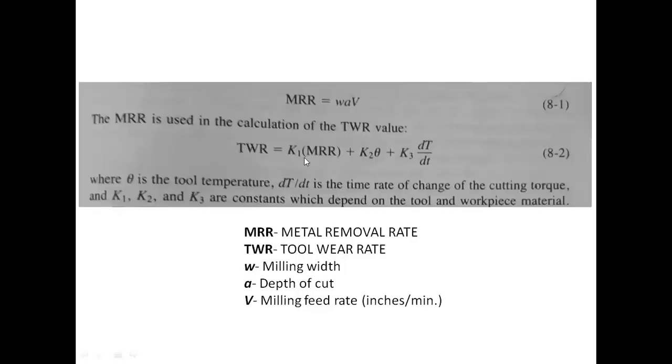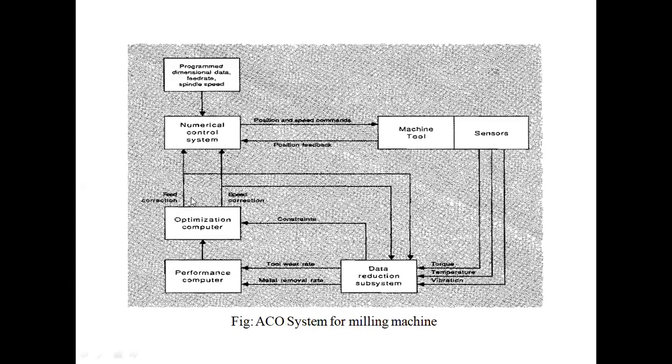Now you see, I'll tell you what is happening. Once that phi is given by the performance computer, the optimization computer will try to ensure that the performance index is maintained. For example, it was calculated to be 0.5. This optimization computer will try to ensure that 0.5 is maintained. How? By either changing the feed rate or changing the speed. There is something called the gradient method. It will change the feed and speeds in steps.